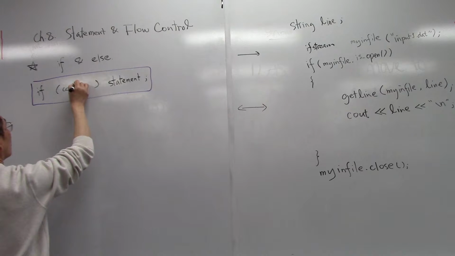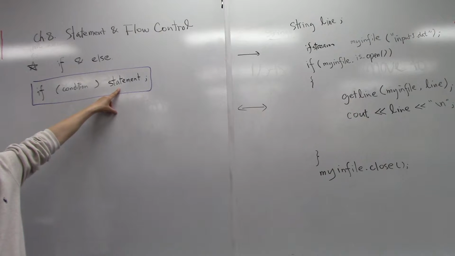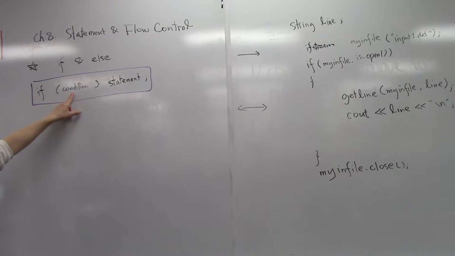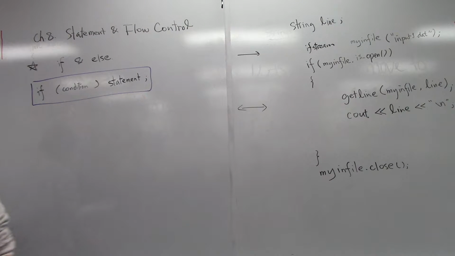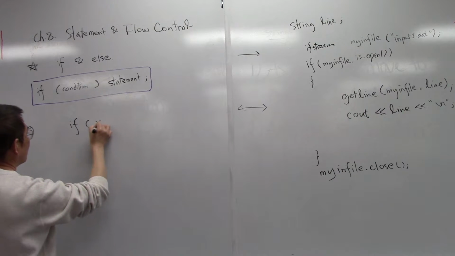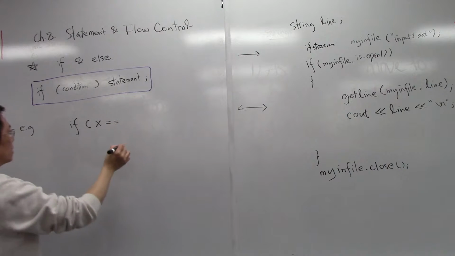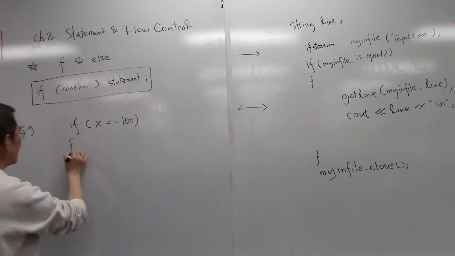The execution is this. The computer will check the condition first. If the condition is true, then it will execute the statement. If the condition is false, it will do nothing, just skip that statement. So it's as simple as that. Okay? Let's say, for example, if variable x has the value of 100, then